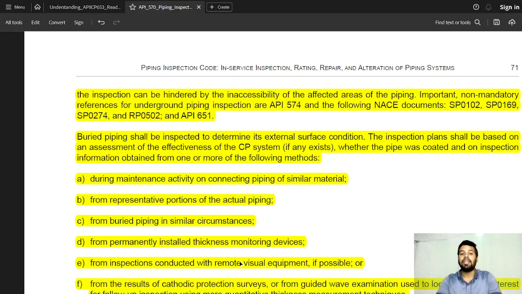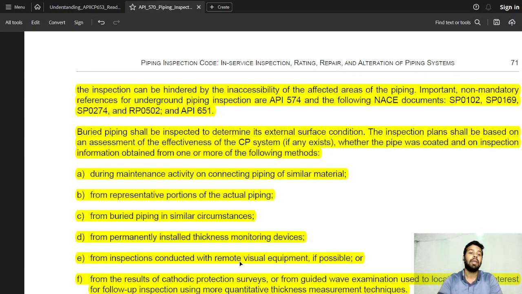Important non-mandatory references for underground piping systems are API 574. Again, API 574 is just the supplemental document for API 570, so we'll talk about API 574 in the next series. But whatever recommendations API 570 is giving you, that has to be supplemented with 574 because it gives you some additional data. Also following are the NACE documents SP 0102, 0169, 0274, recommended practice 0502, and API 651. 651 is cathodic protection. So whenever you want to do cathodic protection, API 651 is going to be the